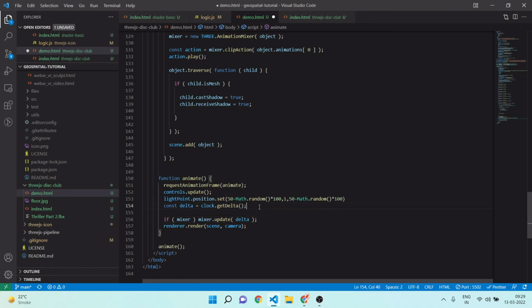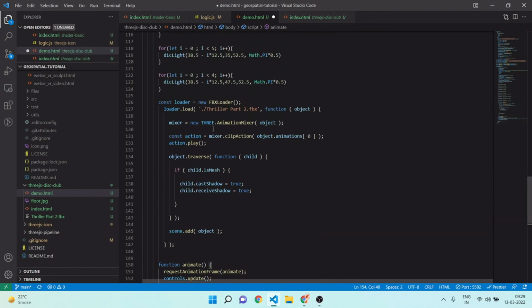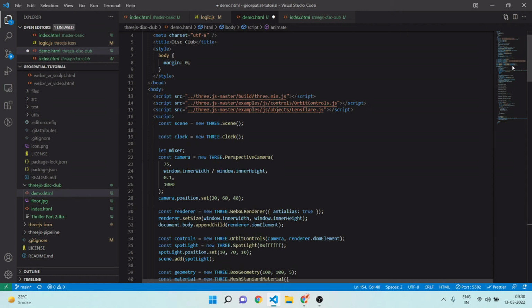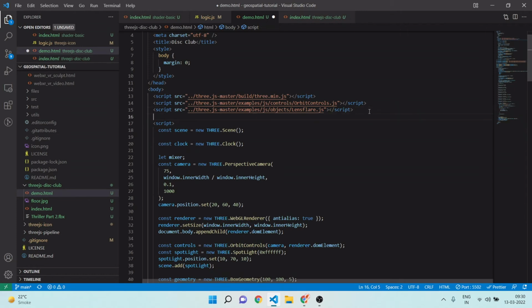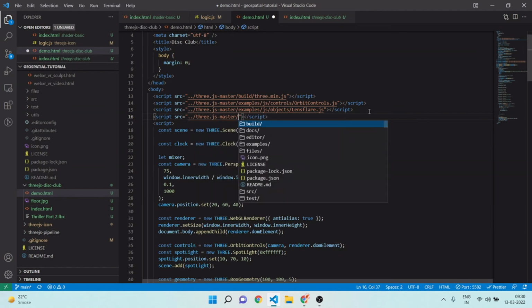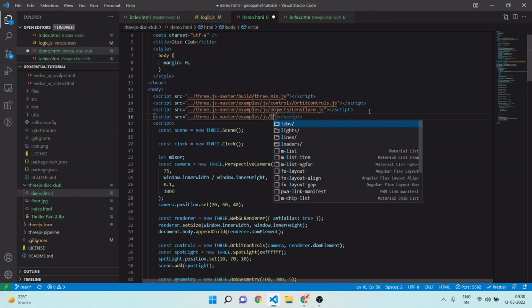So here for triggering my animation, we have to use this three dot animation mixer class, and we have to just trigger this thing using this action dot play function. Okay, so guys, I think we are ready with our thing, but now we have to import our loader. So I will import it from script dot source and three samples and JS loaders,